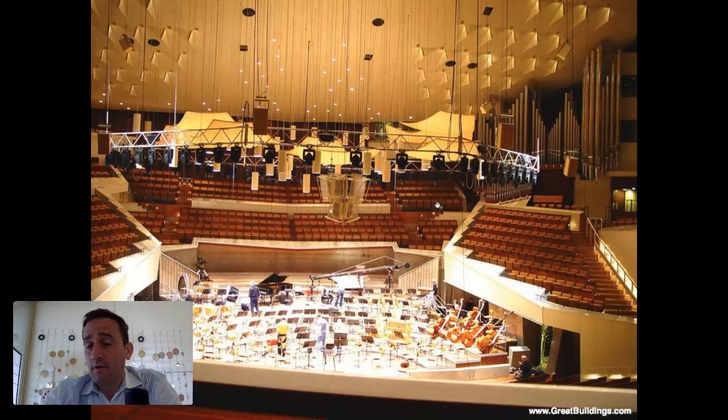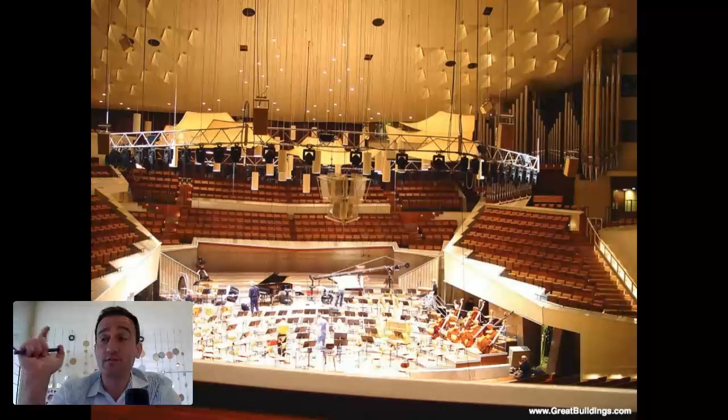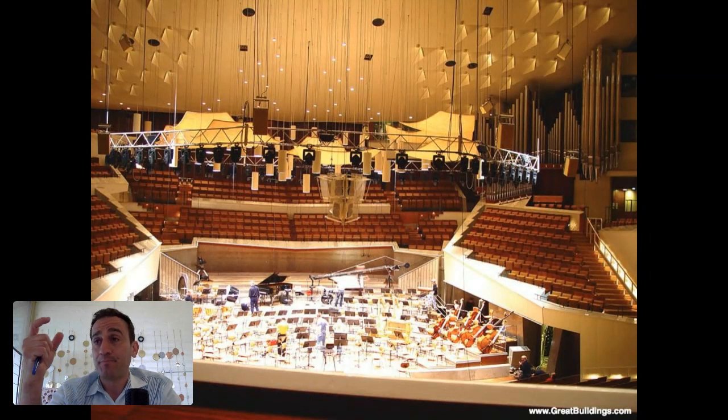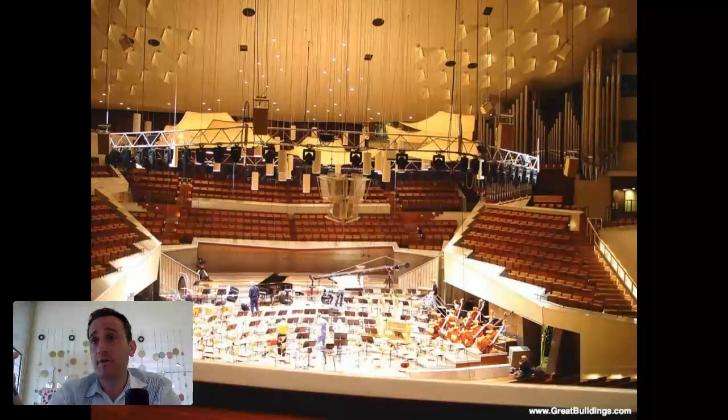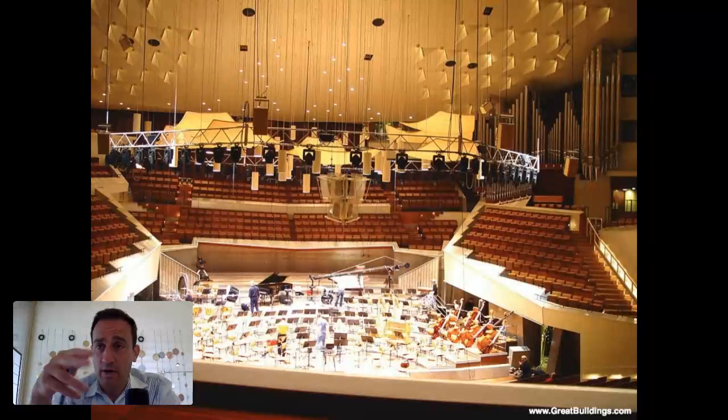What the Berlin Philharmonic is unique and celebrated for is actually, it's a really good predecessor case study to look at when looking at the last project that we're going to see today, which is Jorn Utzon's Sydney Opera House. What Scharoun is doing is he's basically building a modern version of the arena form theater, really for the first time in modern history. And if you're not familiar with theater design, there's essentially 3 prominent ways of arranging a